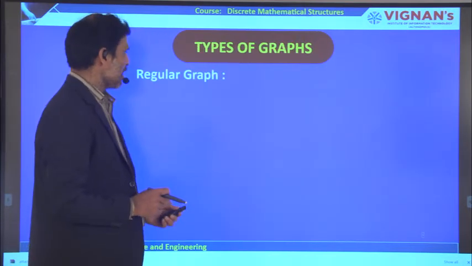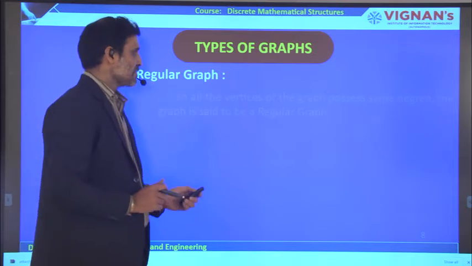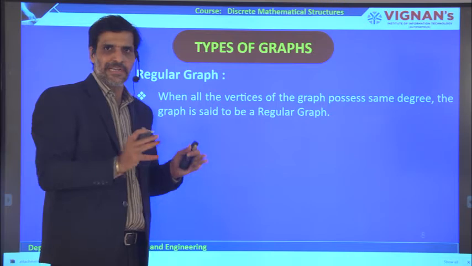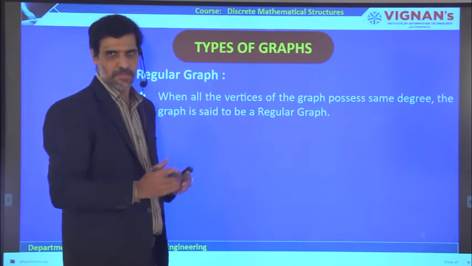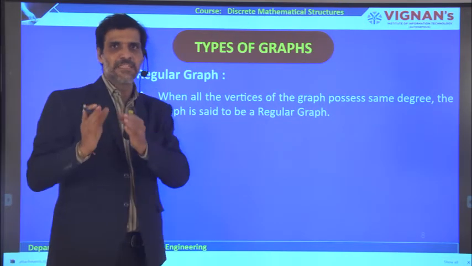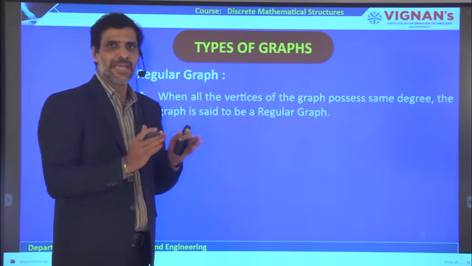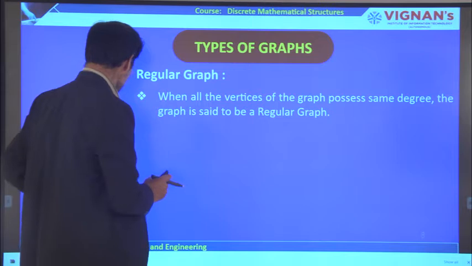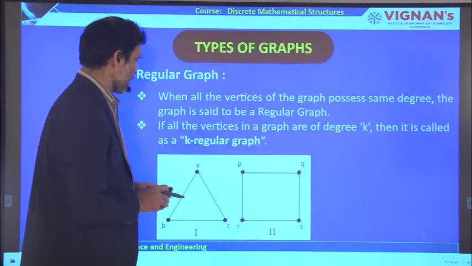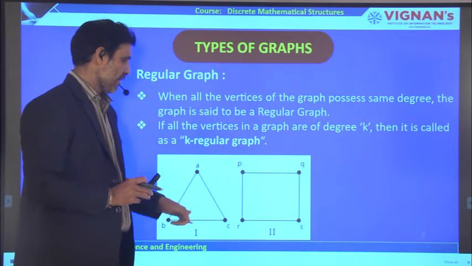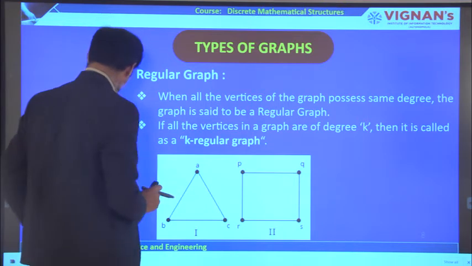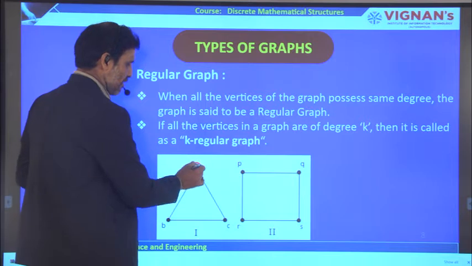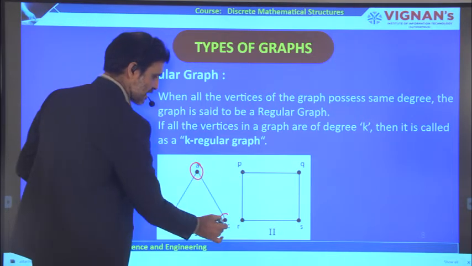So regular graph. The definition of the regular graph is, if you take a given graph, it consists of the vertices as well as the edges. If every vertex has the same degree, then we can call it a regular graph. Every vertex, whatever graph you are going to take, for example, let us come to this, and then we can go for the second point. Now let us come to this particular graph. If you go through this particular graph, this is the vertex. How many vertices are there? 3 vertices are there here.